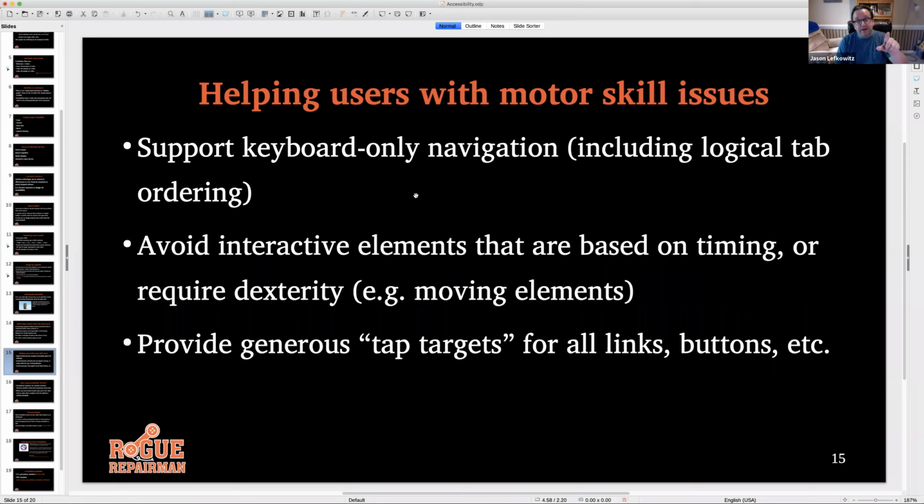So if you want to have it so that, for example, if the top thing is navigation and you don't want the user to have to tab through 20 navigation items to get to the actual links in the content, you can set the links in the content to be first in what's called the tab order, and then put the navigation items last. And then when the user hits tab, they will go straight to the first item in the content, go all the way through the content, and then they'll loop around to the navigation. That is a super easy way to tell whether this is something that was designed with accessibility in mind. Because one of the things, when we talk about a mouse as a pointing device, the question,